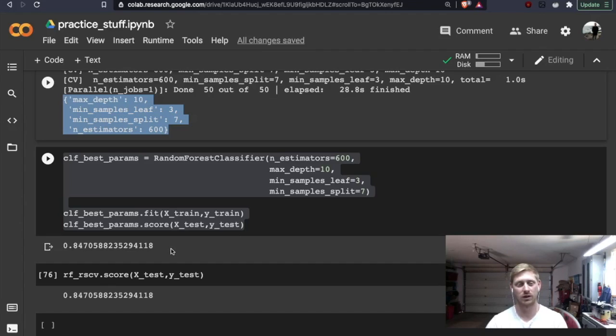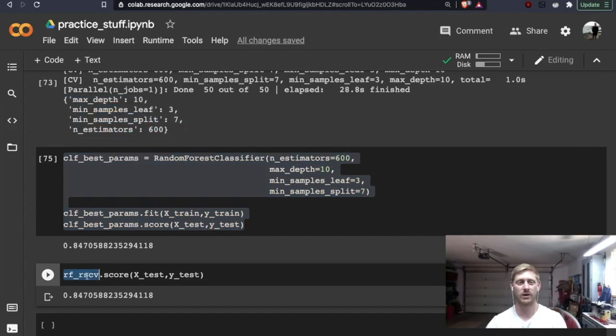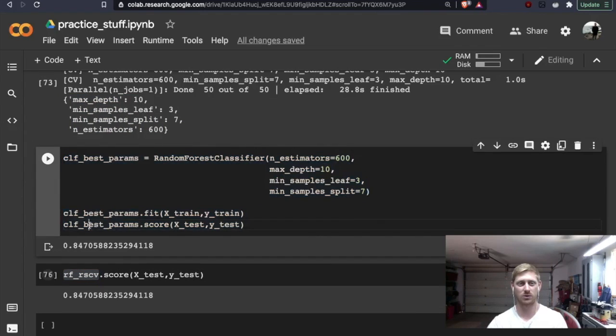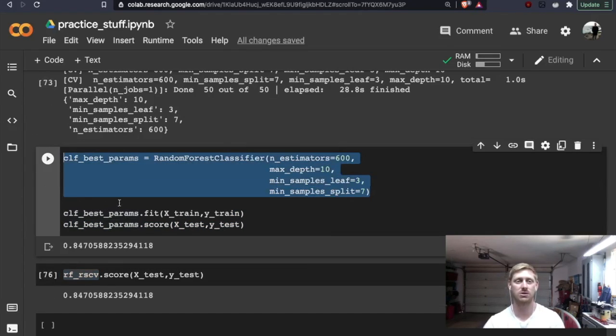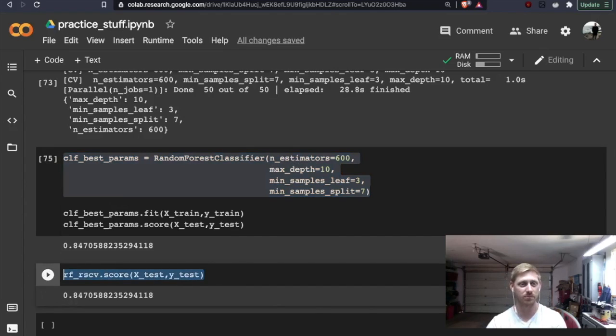It'll be the same output, the same score for our best parameters, if we manually enter them into our random forest as it would be just calling the RandomizedSearchCV. So the best parameters still apply after it is run. You do not need to re-instantiate your model; you can just go ahead and score it.